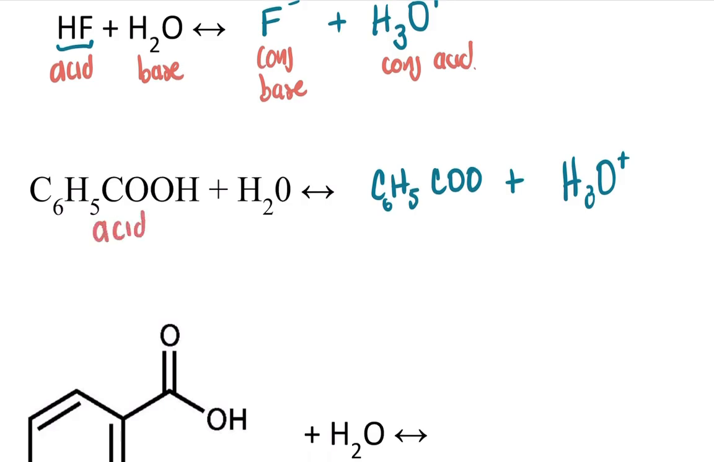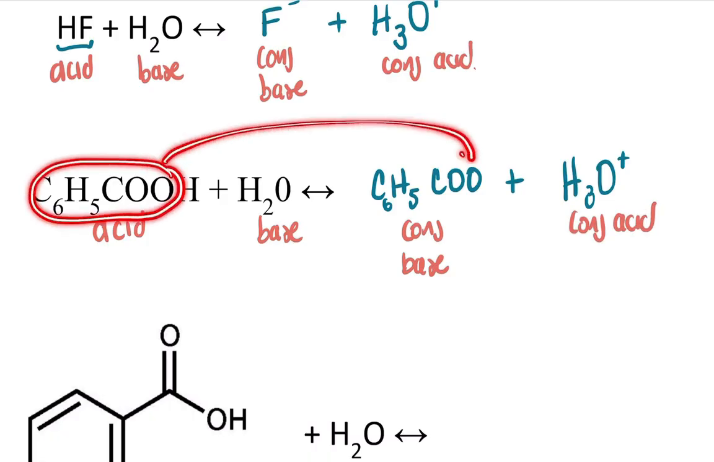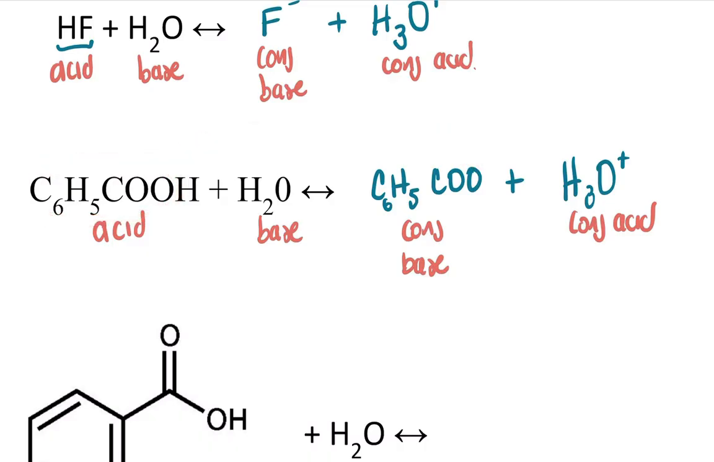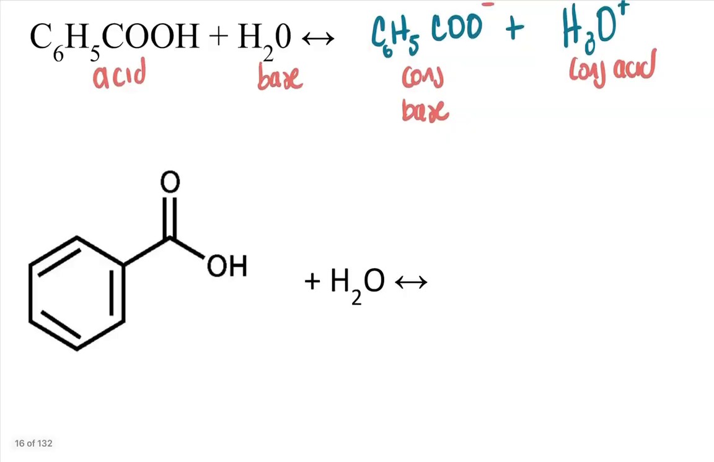Acid, base, conjugate base, and the conjugate acid. Remember, just connect what form does this take in the products. Make sure to never miss writing the correct charges for those that dissociate. Right here, this is our acidic hydrogen. So we're going to have this